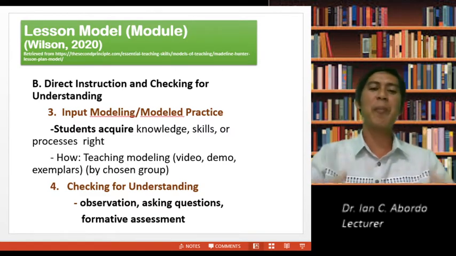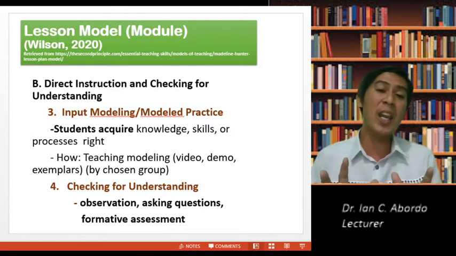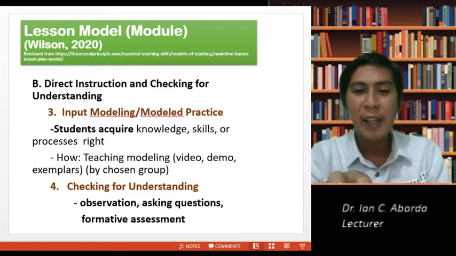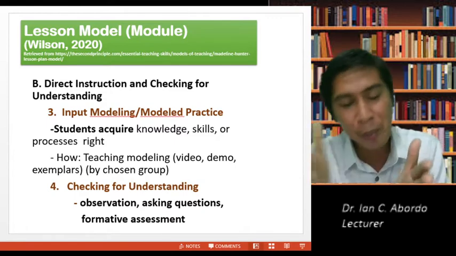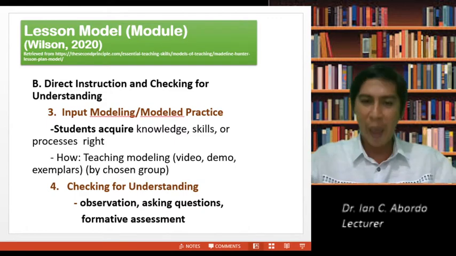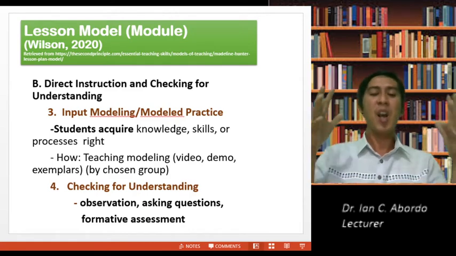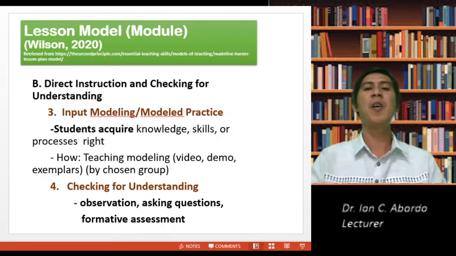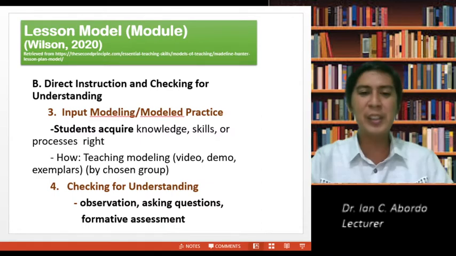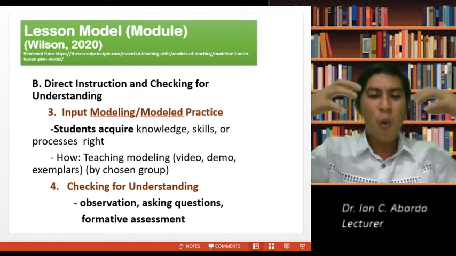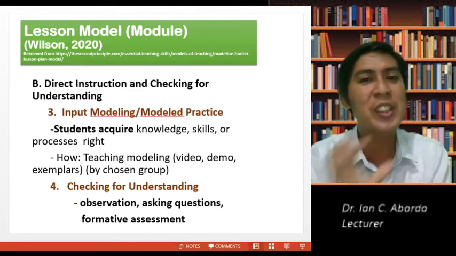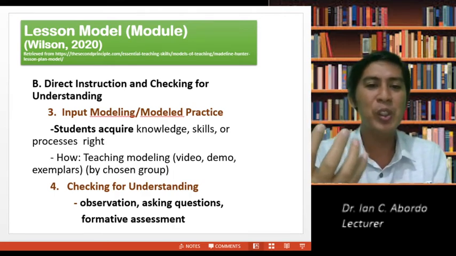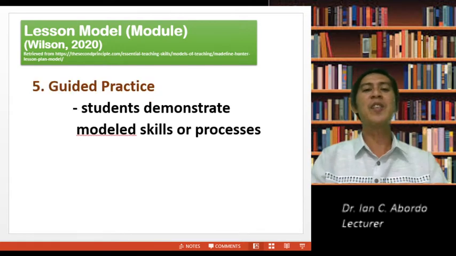All right. And you can provide activities there. So if it's in an online class, you can put a video, you can put an example, you can link, you have a hyperlink to other areas in the web where they can access information, as these are the content of the lesson. And then you go for checking for understanding. So you can ask questions there, you can place your formative assessments, some activities where when the students do these activities, you can detect that they have really acquired that input in number three.